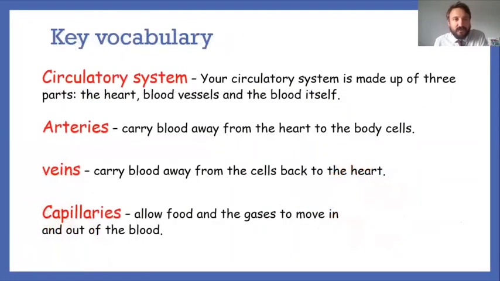Let's have a look. So key vocabulary that by the end of this, you should have a clear understanding of what this means. And we've had this actually, some of these vocab before. So circulatory system, this is the system, is made up of 3 parts: the heart, blood vessels, and blood itself. And we've already looked at the heart, we've looked at what makes up blood,